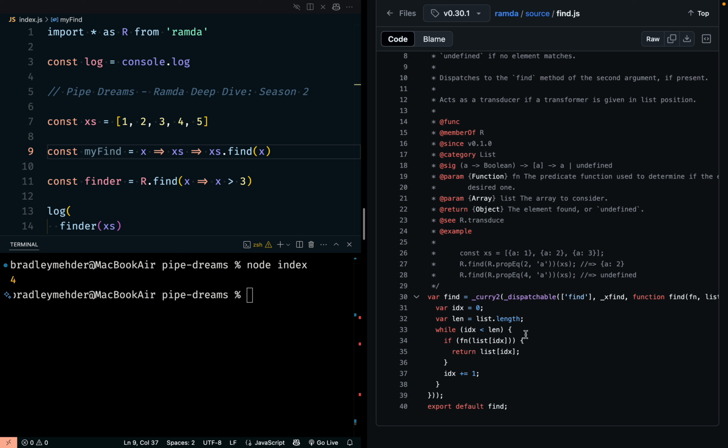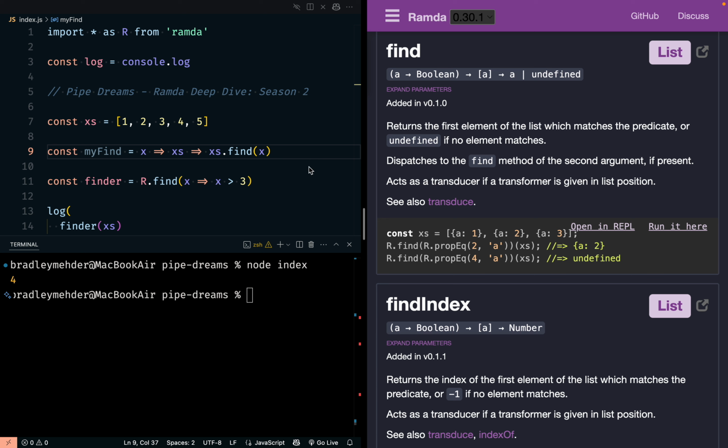So obviously, this is much more complete, probably taking into account a lot of different scenarios. But this is also very hard to figure out without digging down and figuring out what this dispatchable function is. And I think what I'm describing here is the essence of what Ramda is doing.